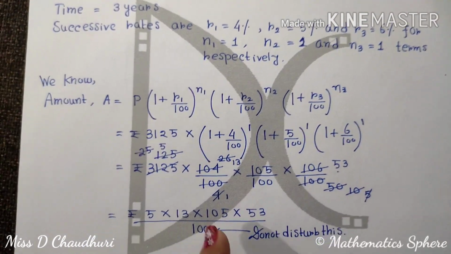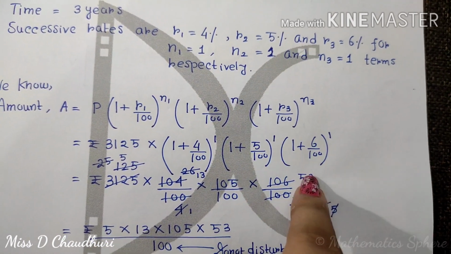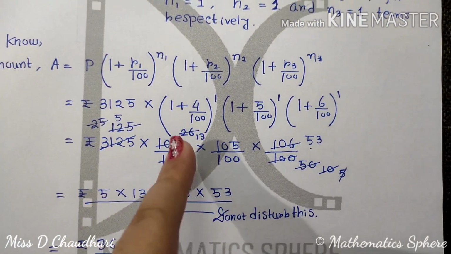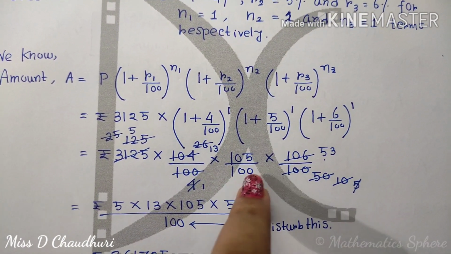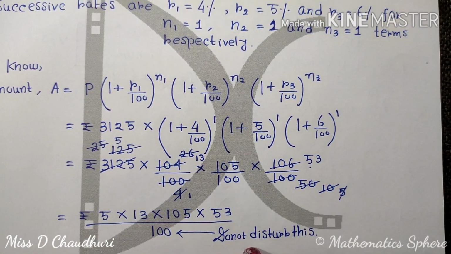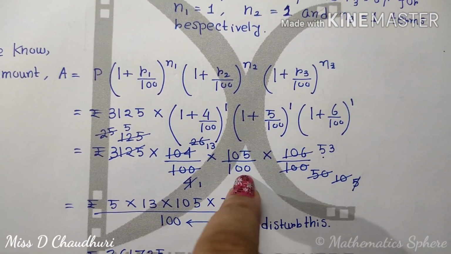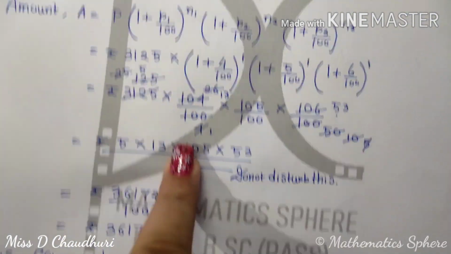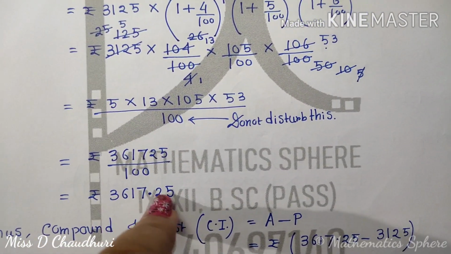Now just calculation. You just take the LCM, so this is 104 by 100, this is 105 by 100, this is 106 by 100. Do not cancel here, then this will become a bit messy, so I have just kept all of them as 100. Then 3125 comes. I cancelled as much as possible, and in the end I see one 100 remaining, because if I try to cancel this 100 with this 5 or this 100 with this 5, a 4 will remain below, and again that problem will arise. If a 4 remains below, the number we get above we will have to divide by 4 again. So you better keep this 100, do not disturb it. Whatever remains above, 5, 13, 105, 53, you just multiply them, you are going to get 361725 by 100. Just shift the decimal, you are going to get the amount as 3617.25.